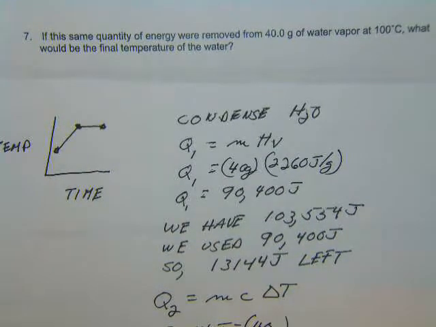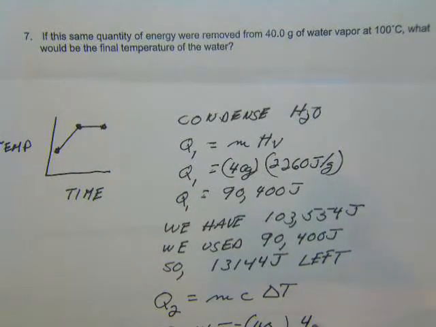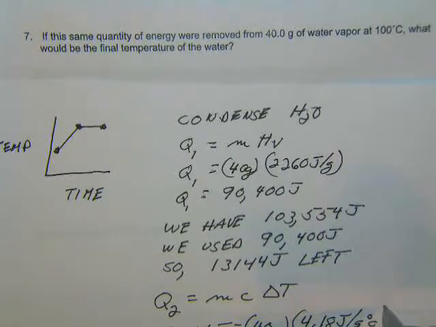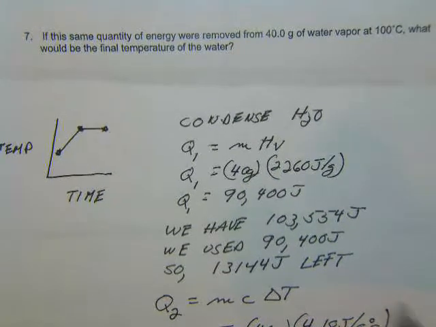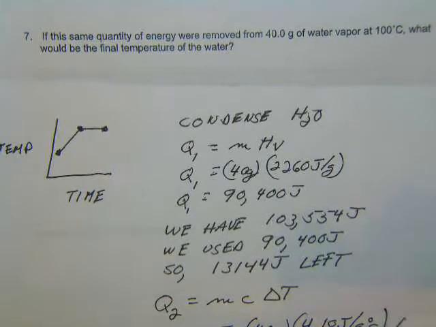We know the specific heat capacity of liquid water is 4.18 joules per gram degree Celsius. And we don't know what the final temperature is going to be. So if we do the math, we got delta T is